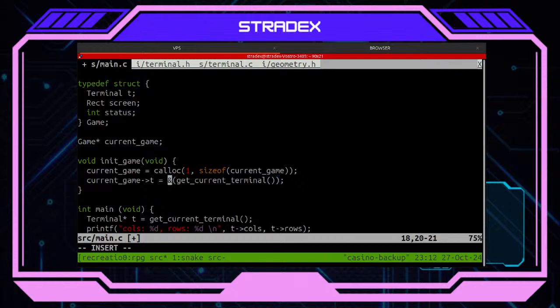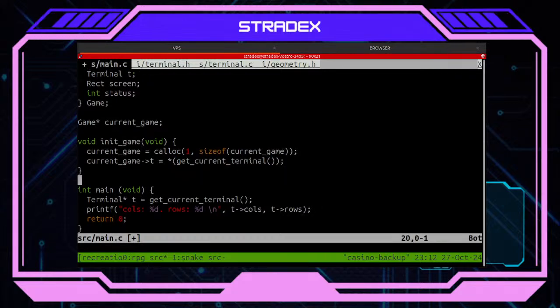This is good enough, or like this. I don't remember well, but that's okay. Okay, so now what more? The screen.